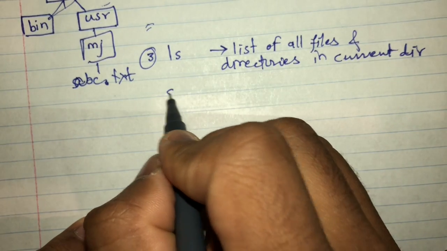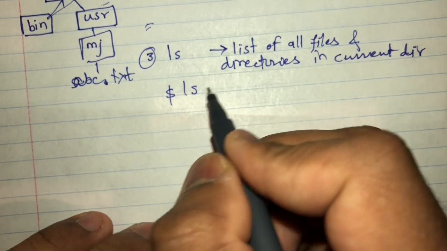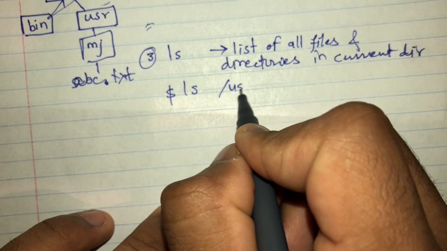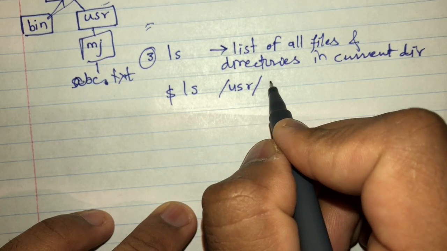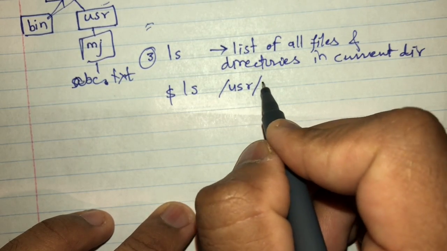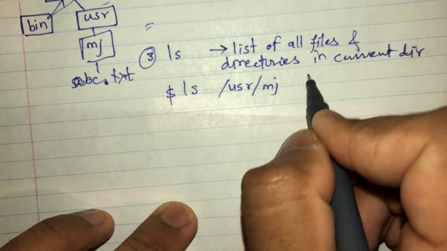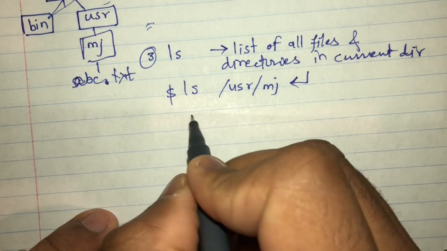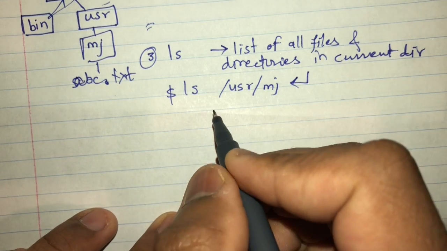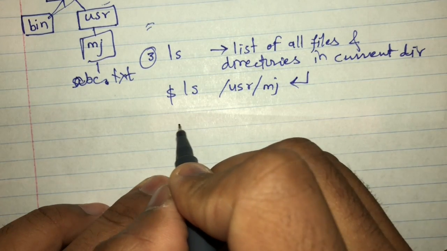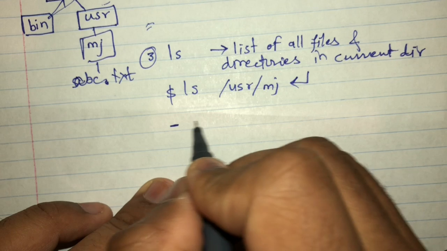So the syntax will be like this. Let's say if I want to print what are the contents of mj directory, so I'll say ls /usr/mj and I'll hit enter, and it should give me one output which should look like this: